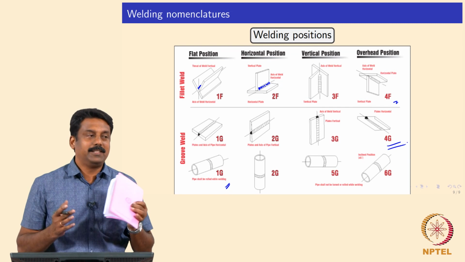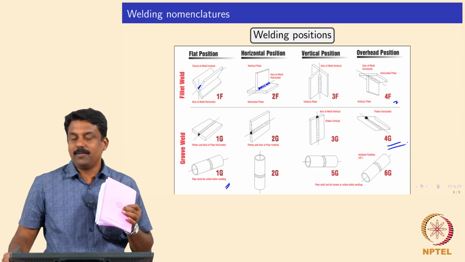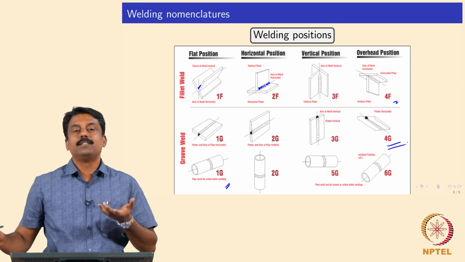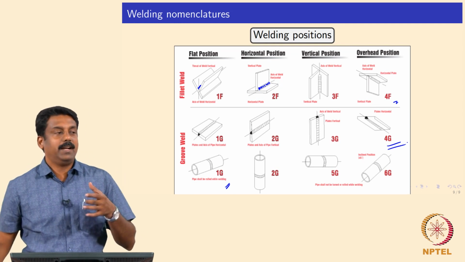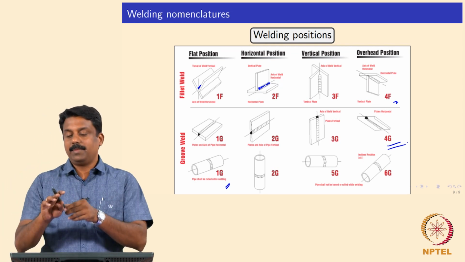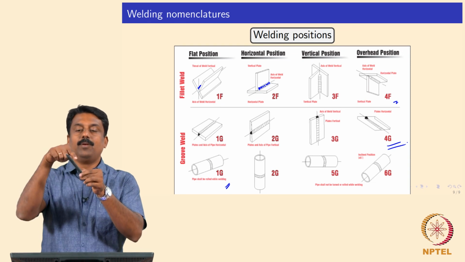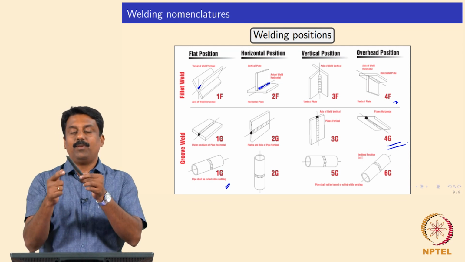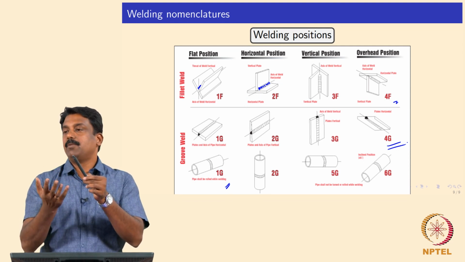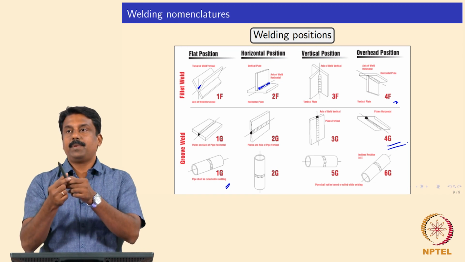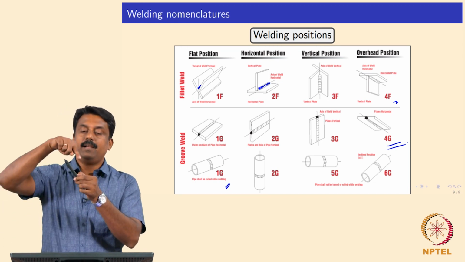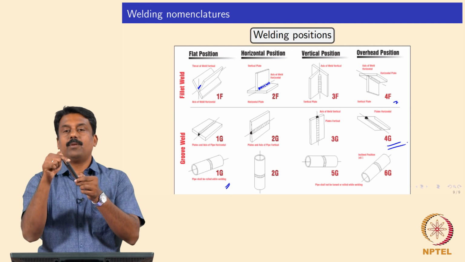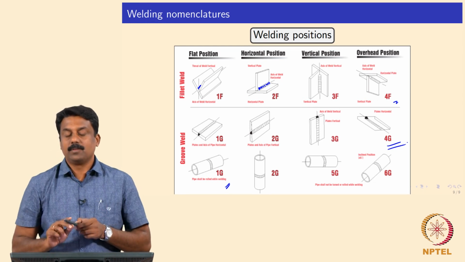And practically, it is very difficult to do welding in one configuration, the 6G position, and it is extremely challenging, where the pipe is kept at an inclined angle and the torch is rotating around it. Okay. So you go around and do the weld on the inclined pipe. Okay. So the material fluid flow behavior, the transfer behavior, everything would change. So when the pipe is kept really at an angle, and then the welding is done in an orbital manner, where the welder or the torch goes around and does the welding. So that is 6G.